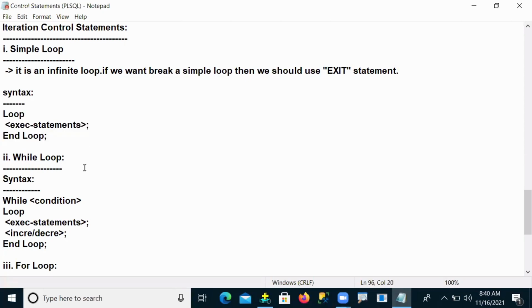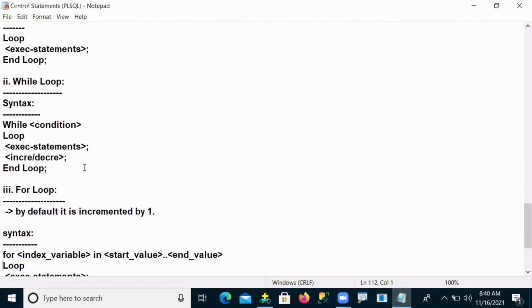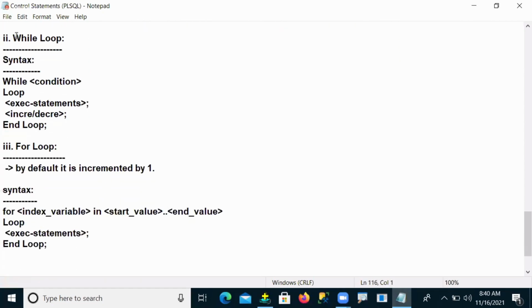Come to the next one, called the while loop. So what is the while loop, sir? While loop, all of you know. In C, C++, Java, .NET also this loop is available. How the while loop is executed: whatever condition I write here along with while, until this condition is true, your loop will be continuously executed.